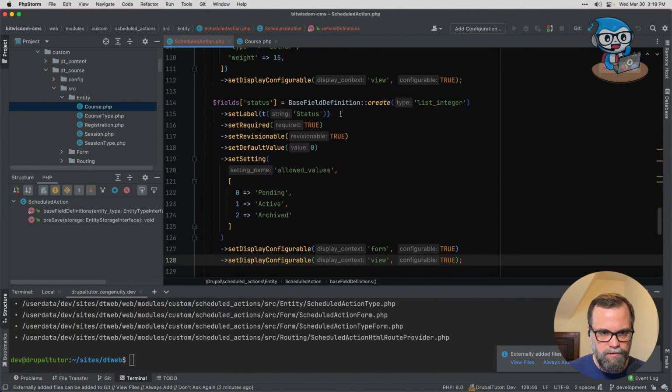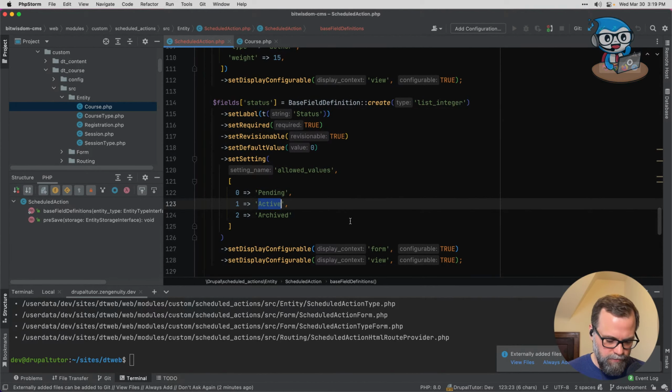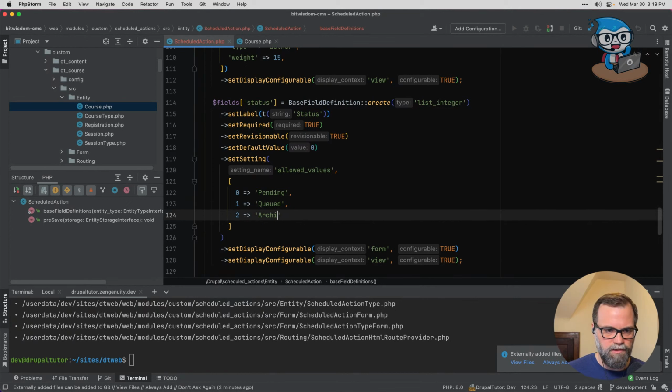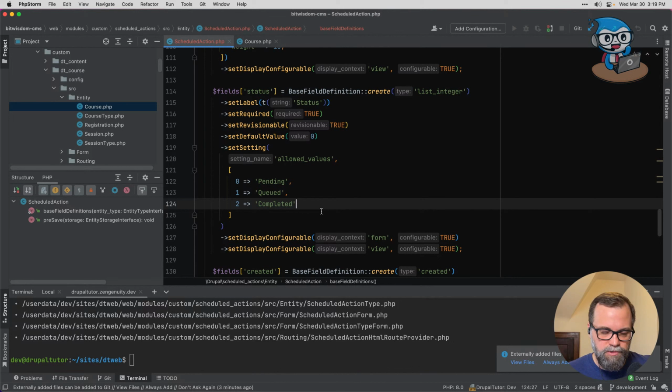So the status field, it's an integer, it's required. These are going to be pending, queued, and completed. And 0, 1, 2 is fine, because it doesn't really matter the numbers, just as long as we know what they mean in our code. And then,